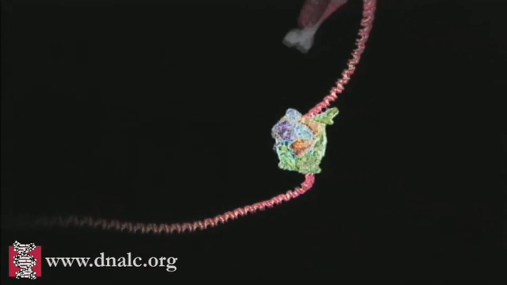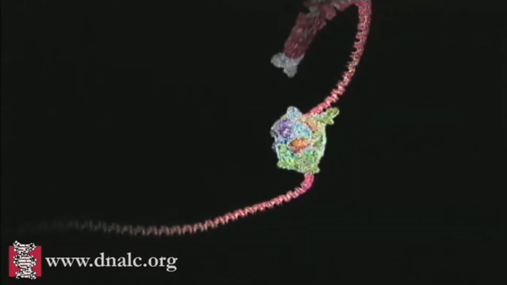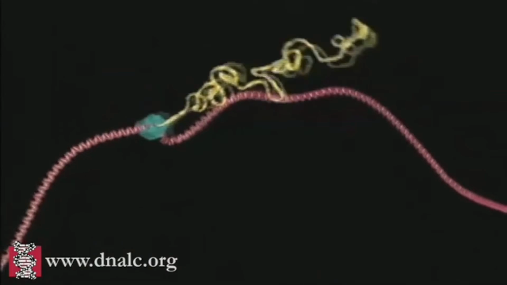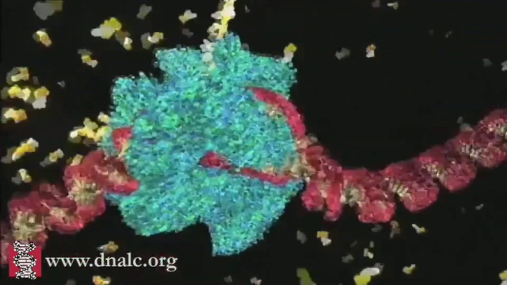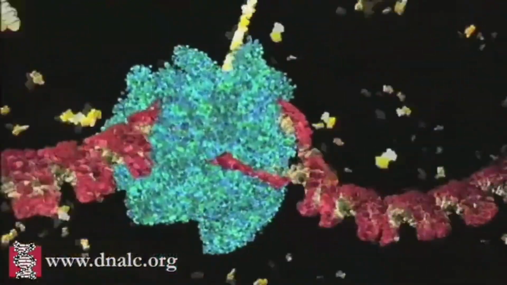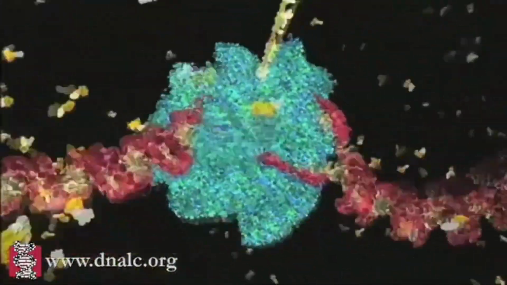The initiation complex requires contact with activator proteins, which bind to specific sequences of DNA known as enhancer regions. These regions may be thousands of base pairs distant from the start of the gene. Contact between the activator proteins and the initiation complex releases the copying mechanism. The RNA polymerase unzips a small portion of the DNA helix, exposing the bases on each strand. Only one of the strands is copied.